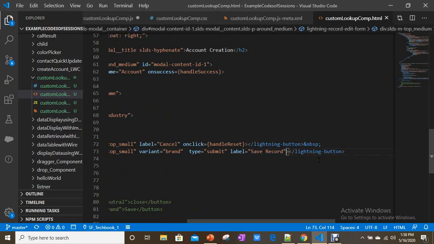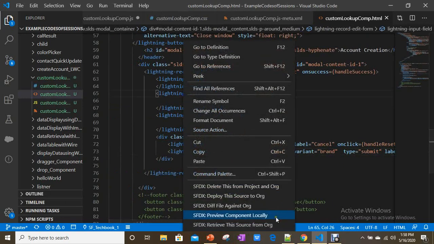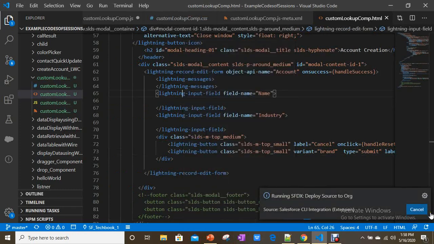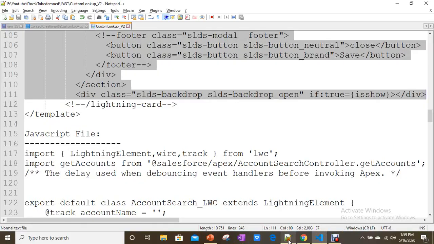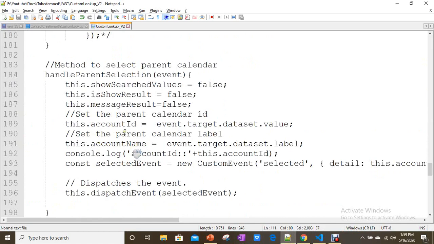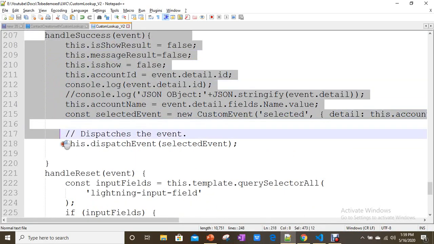What is going to happen? When the form is submitted and saved, a record is inserted with the values, then on success, I want to call this method. So what has to happen? So here I'm going to decide what has to happen. Handle success.